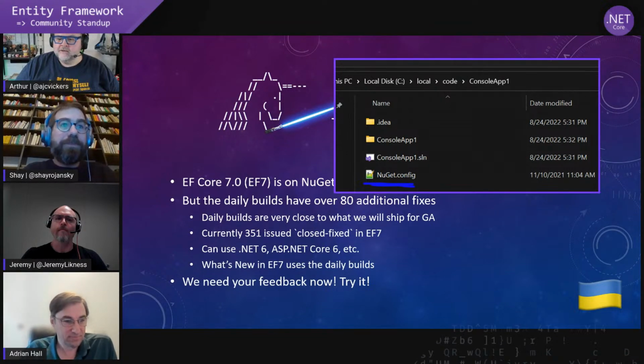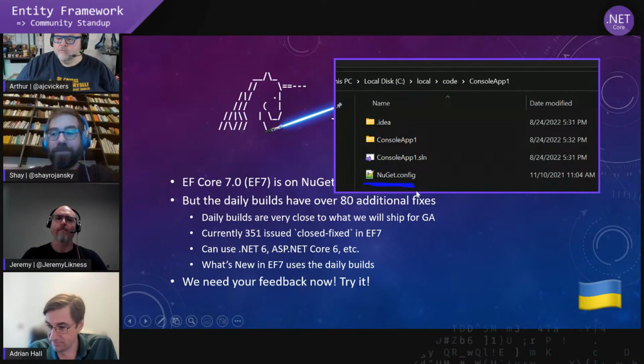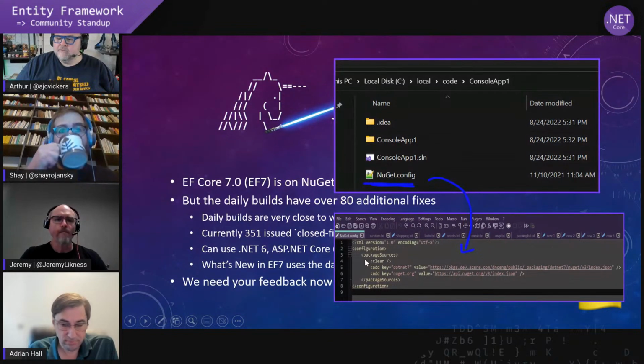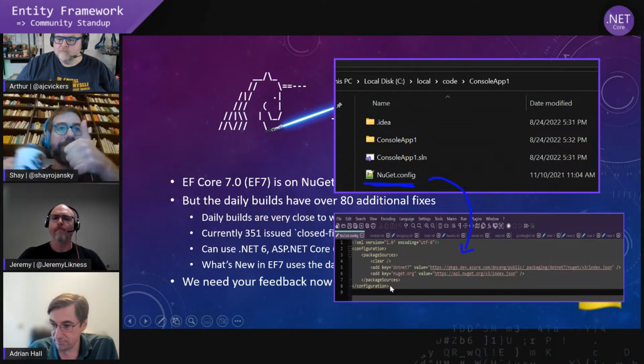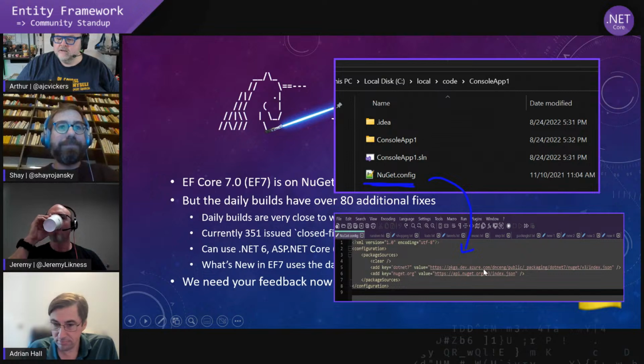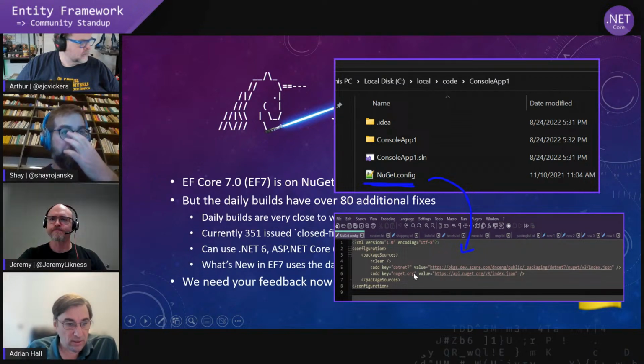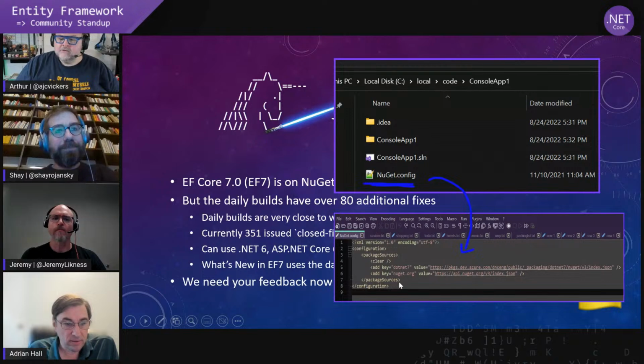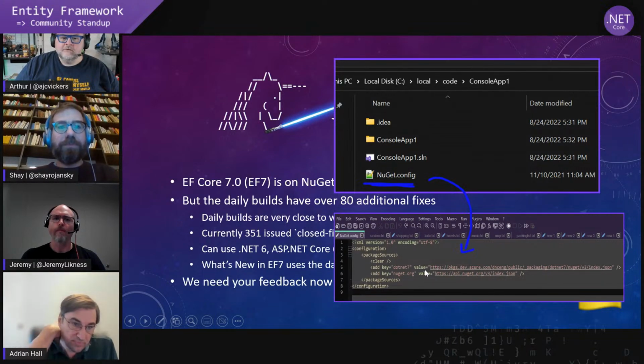Yeah, so to do it, like I said, you can go to .NET EF Core on GitHub, and there's directions there. But really, all you need is a NuGet.config file right next to your solution where you're trying things. And then that file, you can copy and paste this directly from GitHub. It just basically has a NuGet feed in here. So you'll get packages from NuGet.org, but you'll also, before that, get packages from the .NET 7 feed, which contains all of the EF Core 7 packages in there. So then you just go into your normal package management stuff in whatever IDE or command line or whatever, and tell it to get the latest versions.